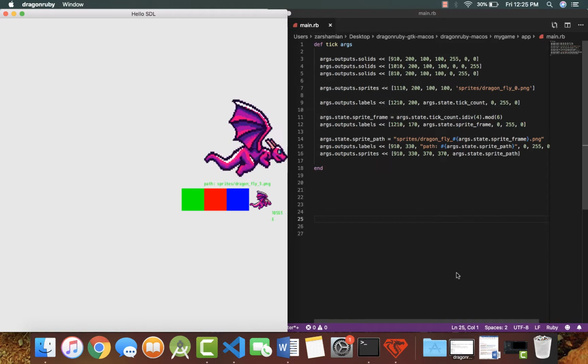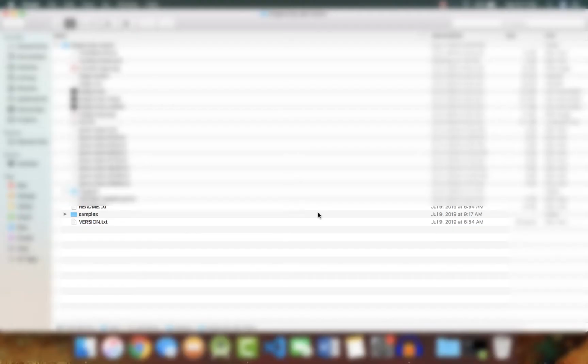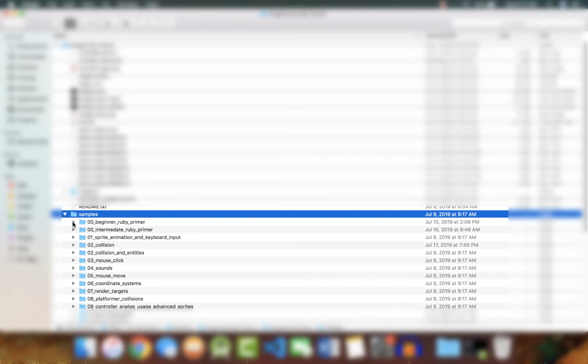We have Dragon Ruby open on the left side of the screen and the main.rb file open on the right. This file can be found by going into My Game and opening the app folder. First, we'll cover how to output objects onto the screen using arrays. We're only doing a quick run-through in this video, but for a more in-depth look into outputting objects on the screen using arrays, you can go through the GTK Ruby Primer by going into the Samples folder and opening the